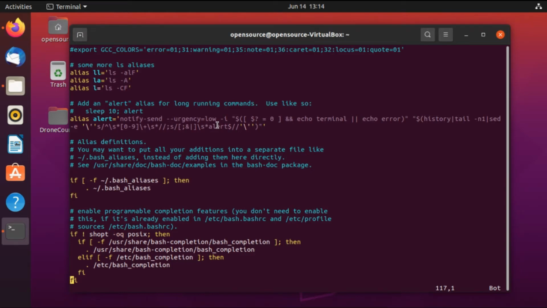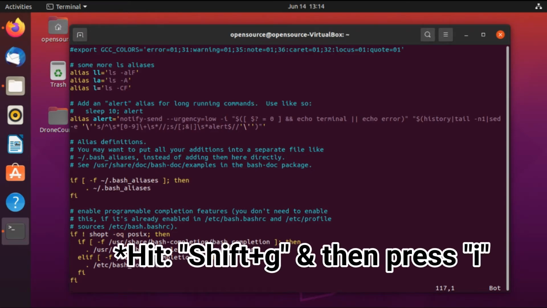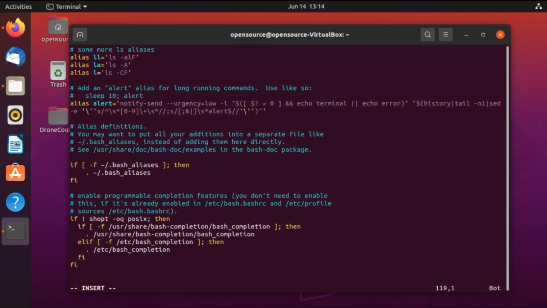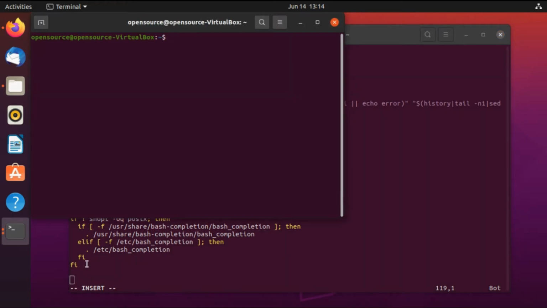To edit this file, hit Shift+G and hit I. Now you can see it is saying insert. So scroll down to the bottom and here we are going to put the paths of our directories. The first directory would be our drone course directory, and to get the path, just open a new terminal by hitting Ctrl+Alt+T and then go to the drone course directory.